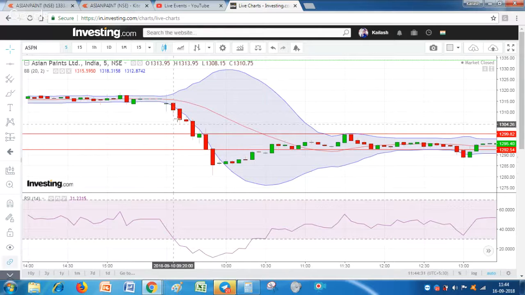Okay, so we should trail a stop loss at least cost to cost, or at least 1 or 2 points towards our profit target, so that in case the trailing stop loss is hit, we are out of the trade as a neutral trade, because we should come out even with our brokerage also, right friends? So if we keep a stop loss trailed 1 or 2 points towards the target side, in case the trailing stop loss is hit, we are out of the trade without any loss. Even our brokerage will be covered in that 1 or 2 rupees.